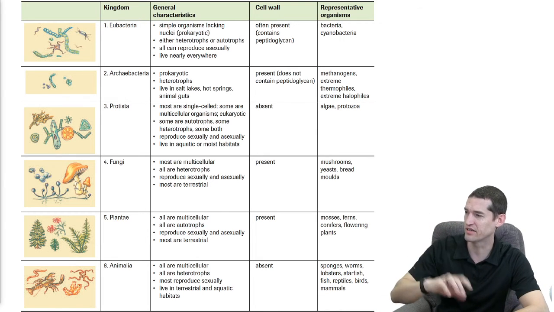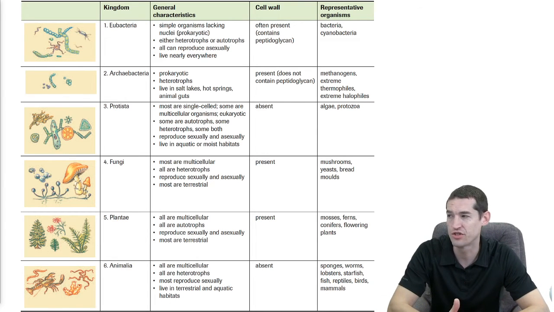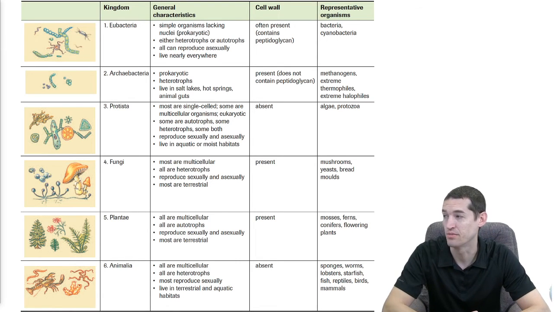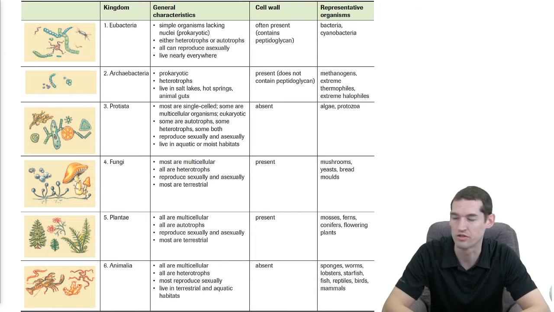So it's probably a good bet that they were here first. And then the Eubacteria are also still bacteria, but they're a little bit more developed, a little bit more evolved, we think. Then the protists are things like you would find in a pond around here, even single-celled organisms like the amoebas and diatoms and things like that. So that's the 6 kingdom system. At the very least, make sure you know all 6 kingdoms and have a general idea of, if I were to give you an example of something, which of these it might fit into. You'd probably be